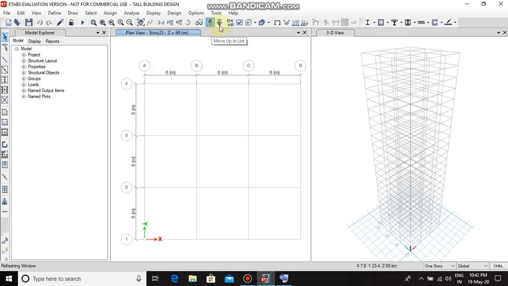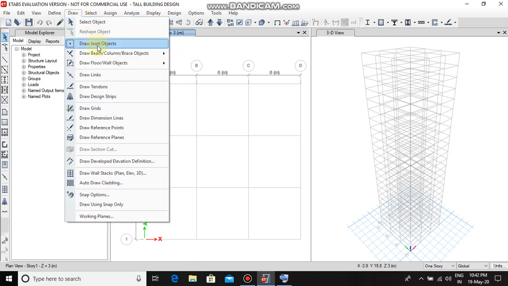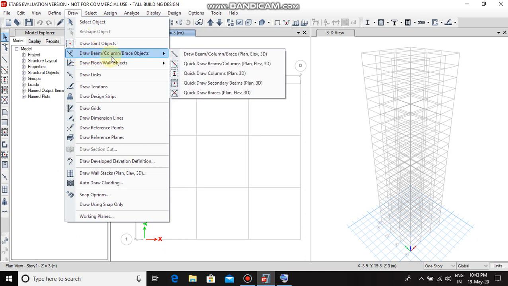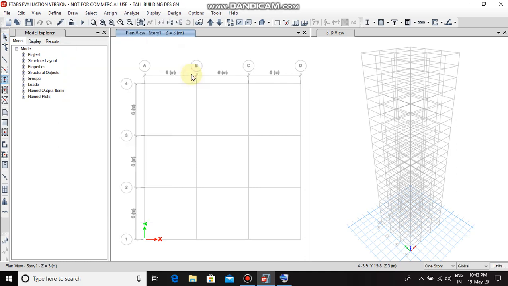We can use this arrow key in order to go to any story of the tall building. Let's go to Story 1. In order to draw the columns, first select Draw, Draw beam, column or brace object. Now select Quick Draw Columns.